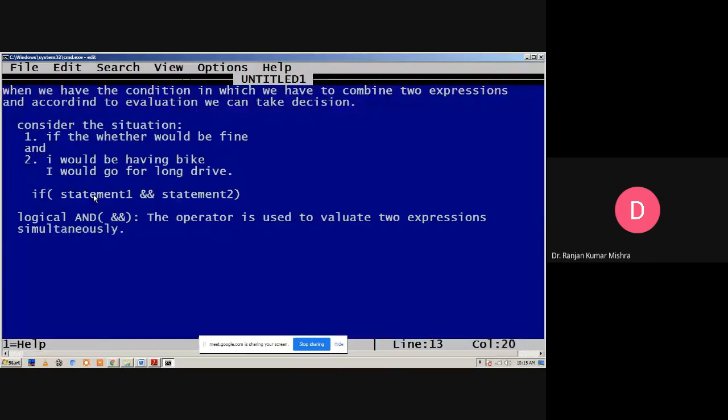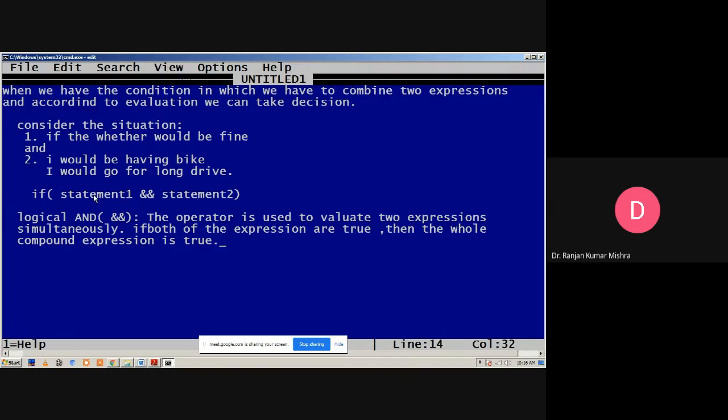If both of the expressions are true, then the whole compound expression is true. So this is the working of it.